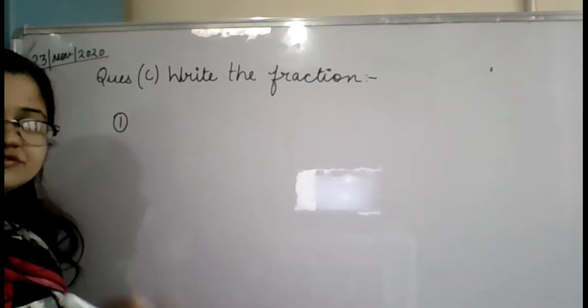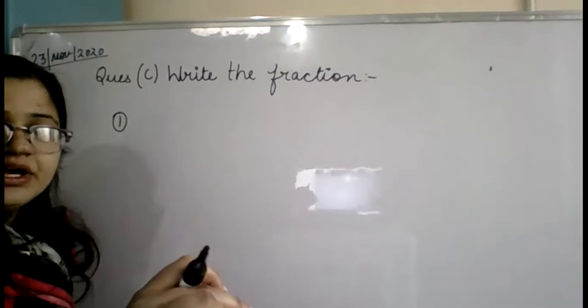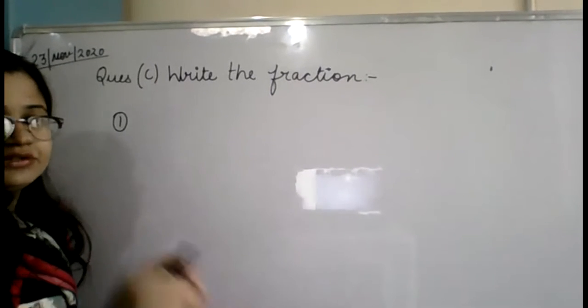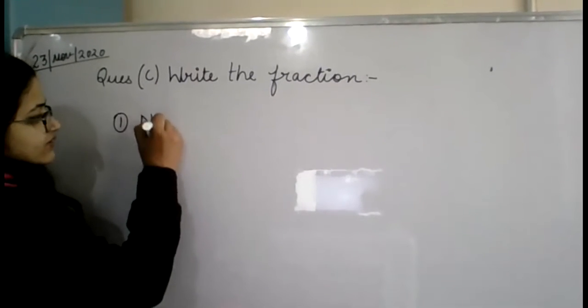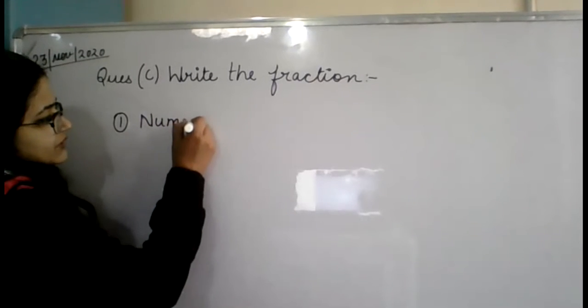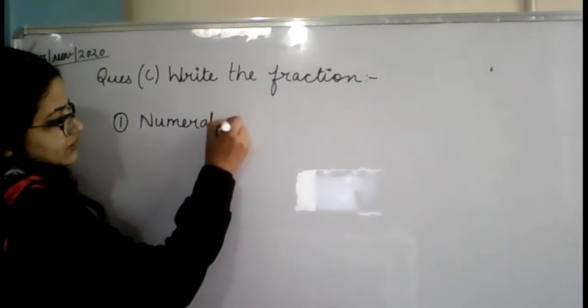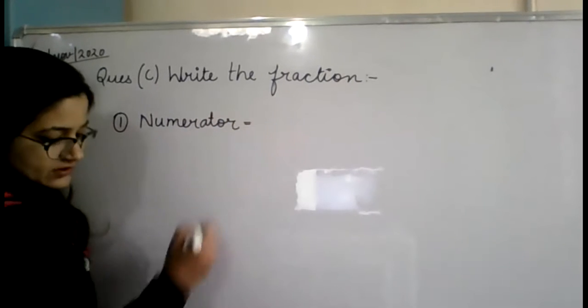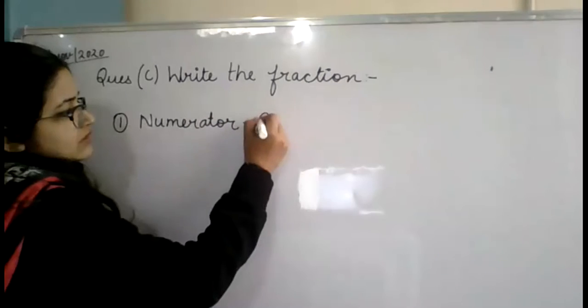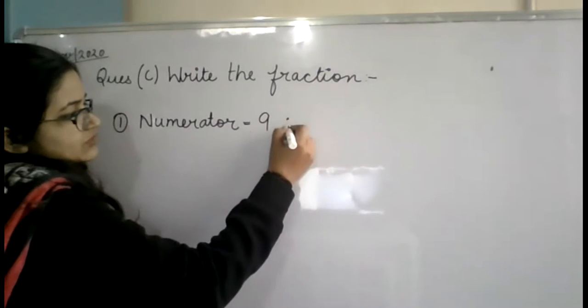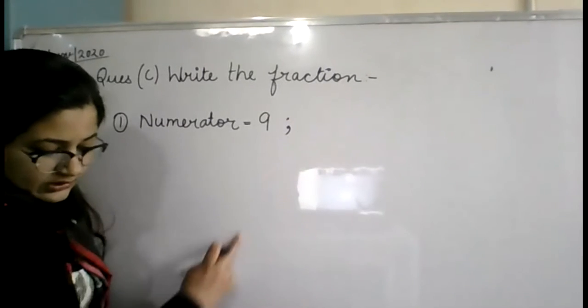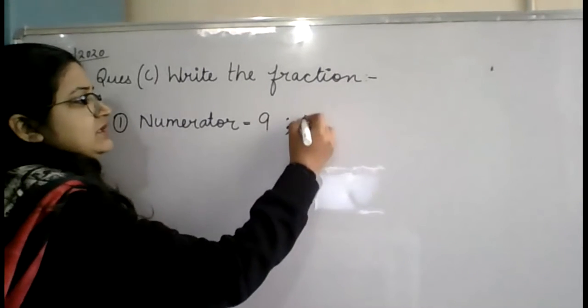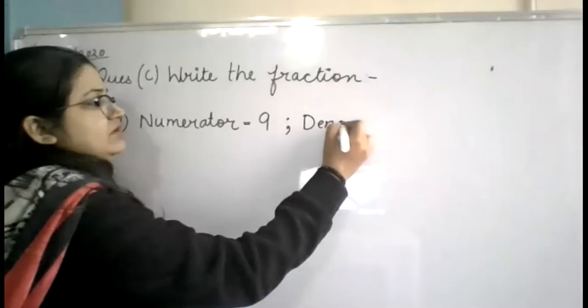From next time onwards, we are going to write the short form, N for numerator, D for denominator. In the first part, we are going to use the full form. Numerator is equal to 9, and put a semicolon, and denominator is